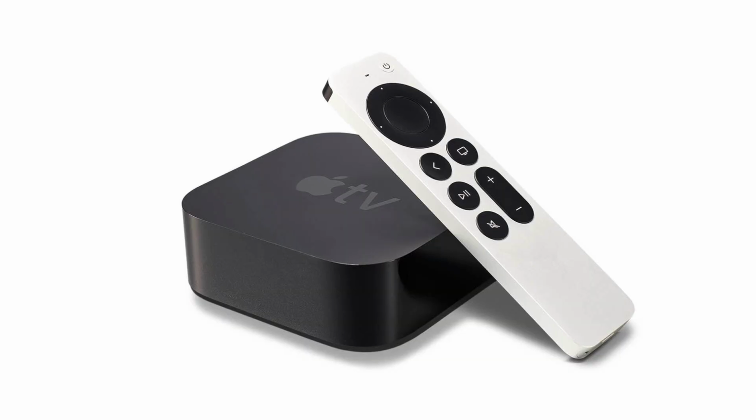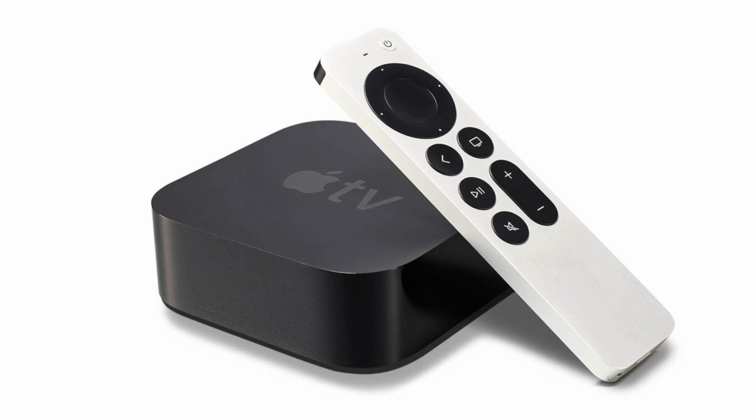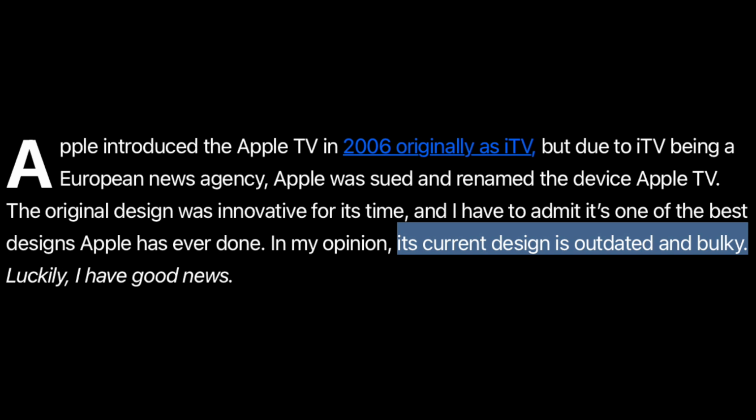Now yes, I know that Apple's recently been going retro with their designs, and so some of you guys might think this could happen, but I do disagree with this report, and let me delve into why. And that really begins with the fact there is no issue with the current design in my opinion. So the source makes an outrageous claim that the current design is horribly outdated and bulky, but I disagree because